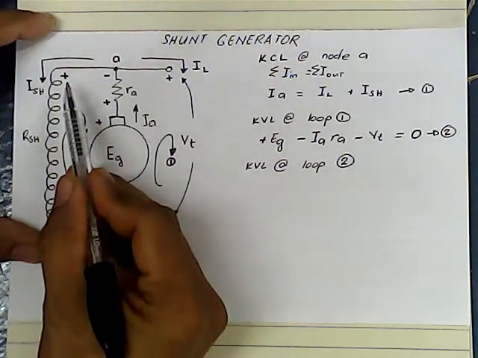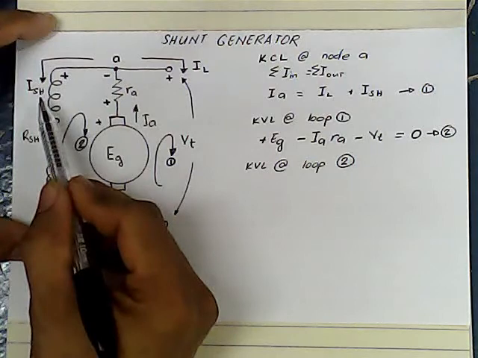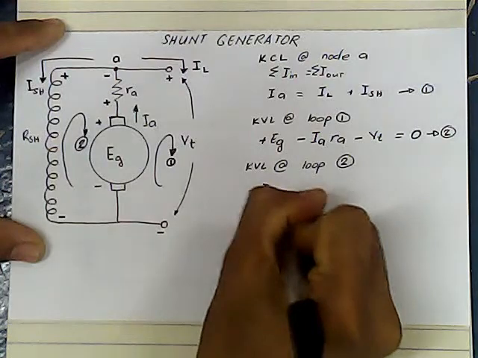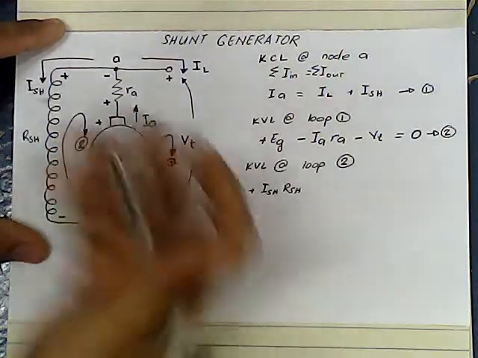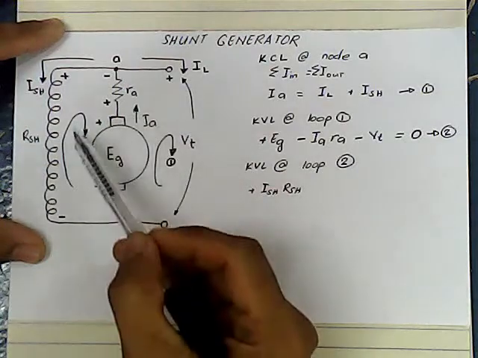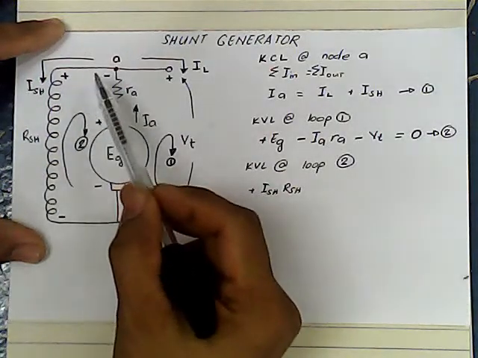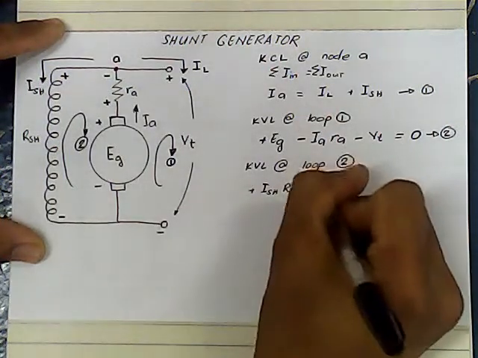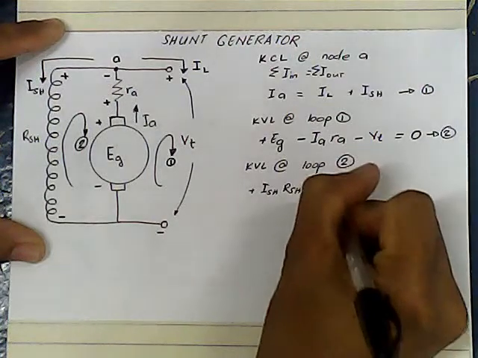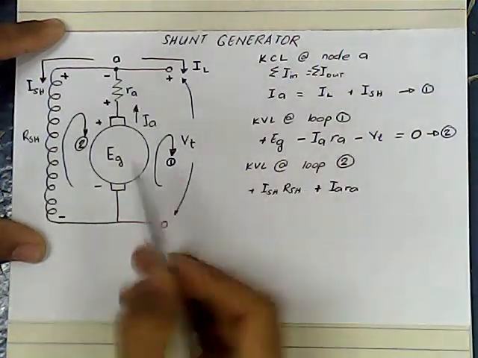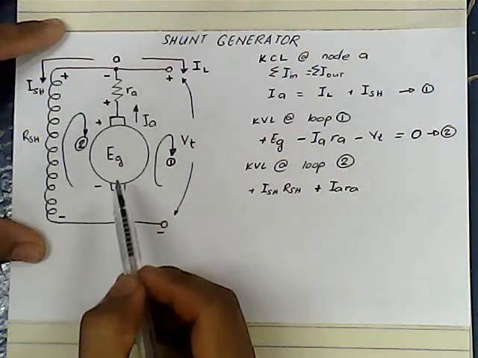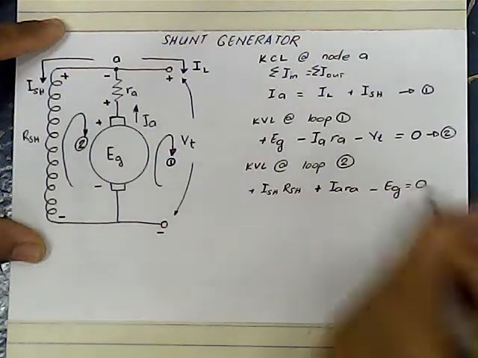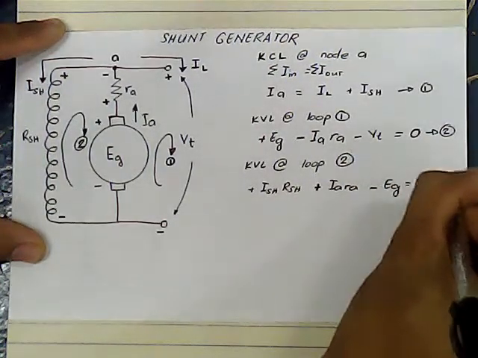Meron tayo doong positive. So RSH, kinakailangan natin ng kuryente doon. So ngayon, ilagay lang natin. So positive ISH times RSH. Next, yung loop natin dadaan dito sa RA IA. Ngayon, that is also positive. So, positive IA, RA. Next, dadaan siya dito sa EG. So, that is negative. So, minus EG equal to 0. So, this is going to be equation number